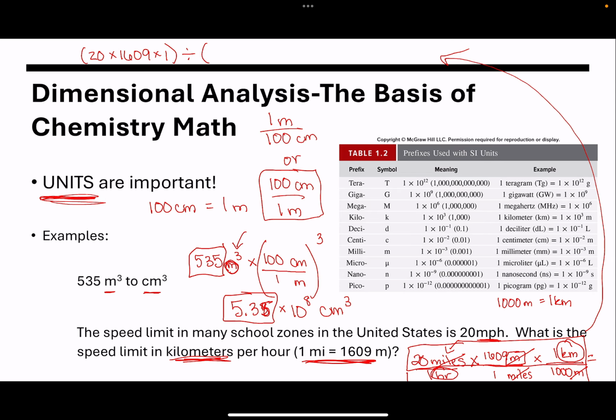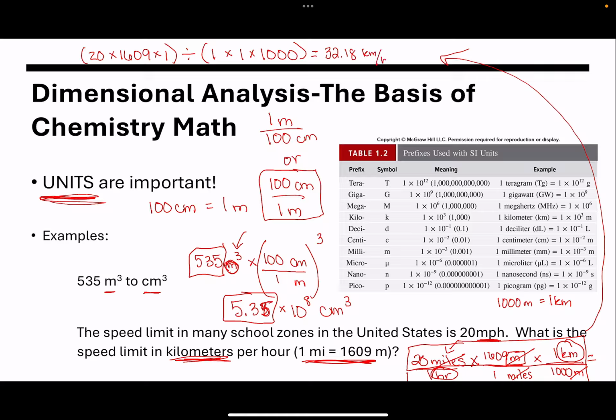Divided by, and I would use another parentheses, 1 times 1 times 1,000. And I put the ones in there just so you can tell a little better where it's coming from. And then you put that into your calculator and you should get 32.18